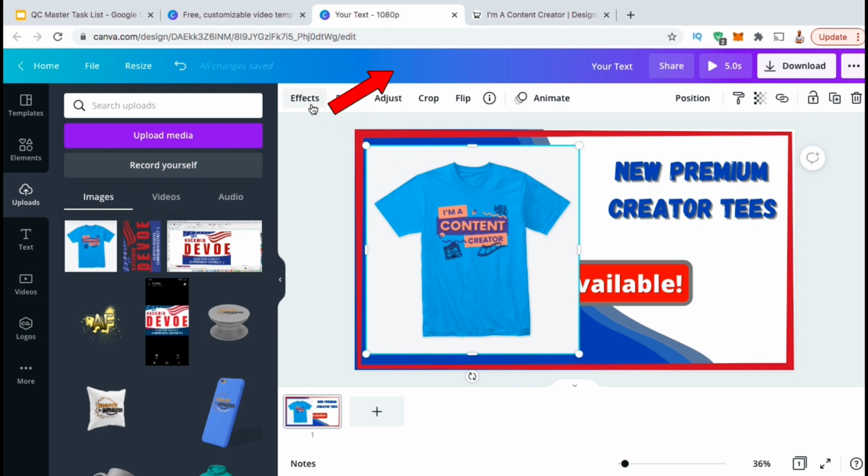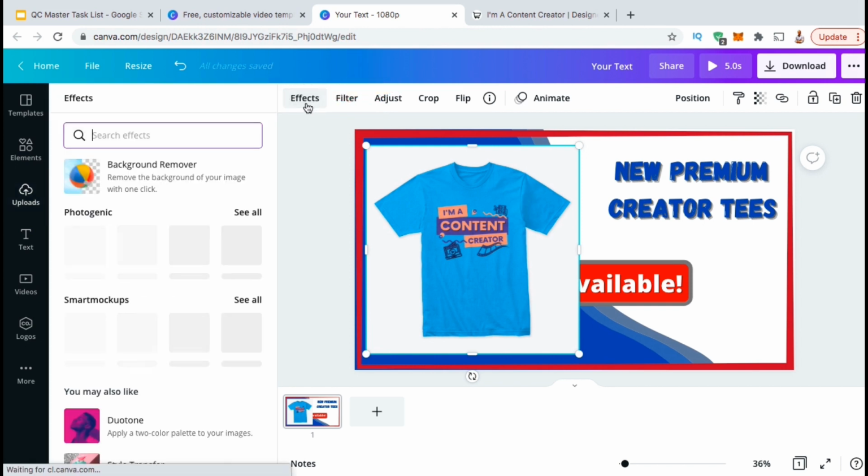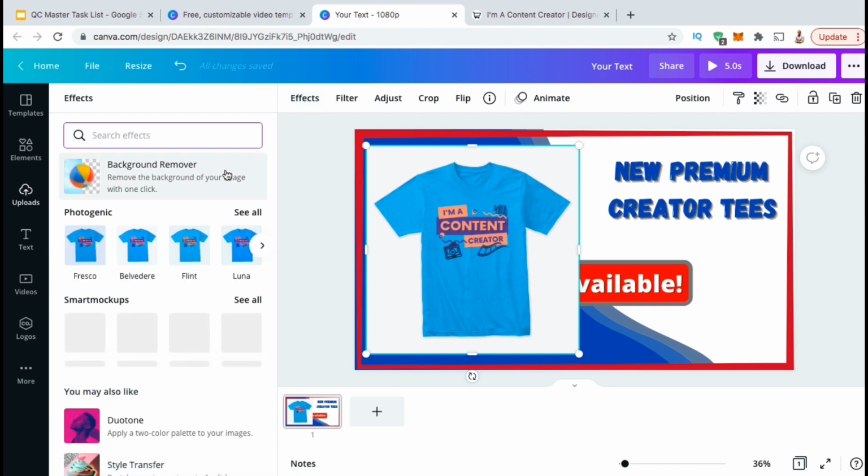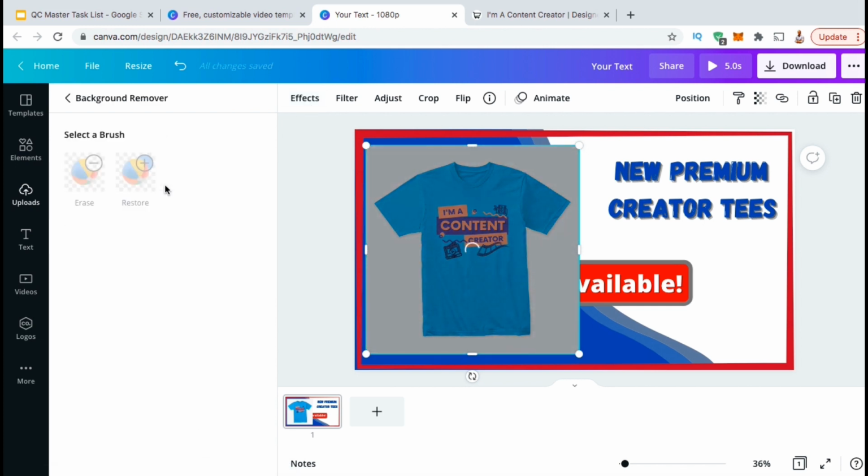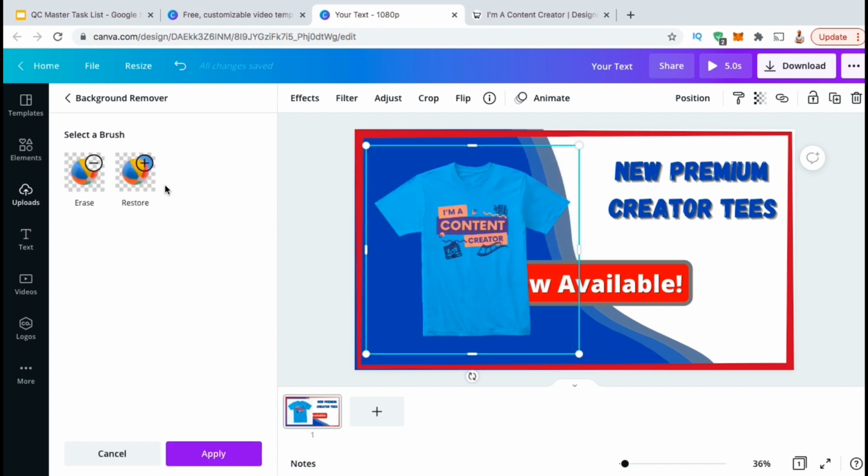If we select the image, then go up to the Effects tab here, we can open up a menu that has the background remover and other effects that you can add to your image. So let's click the background remover and see what it does. And voila! Like magic, the background has been removed from our product image. If you had sections of your image that you needed to erase or restore, you can use the erase and